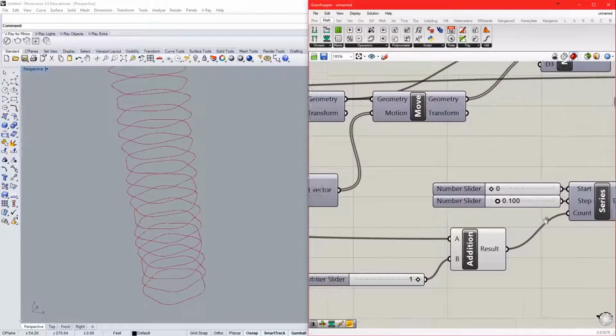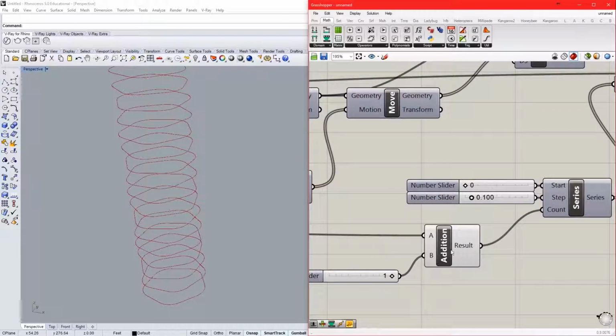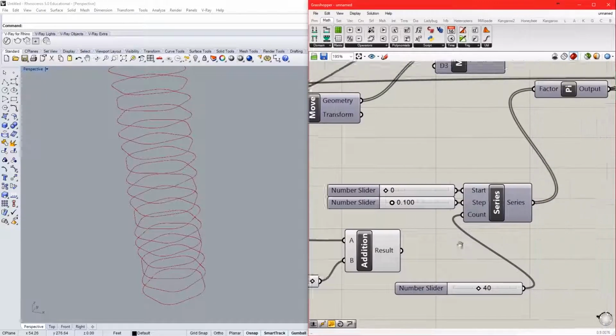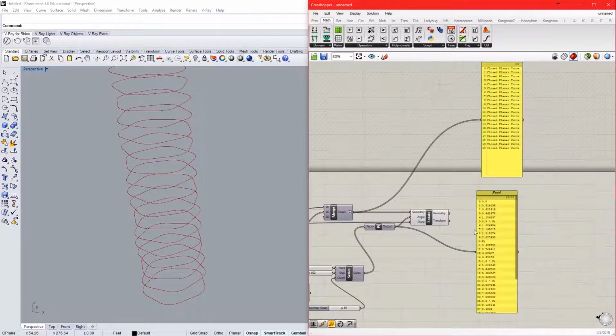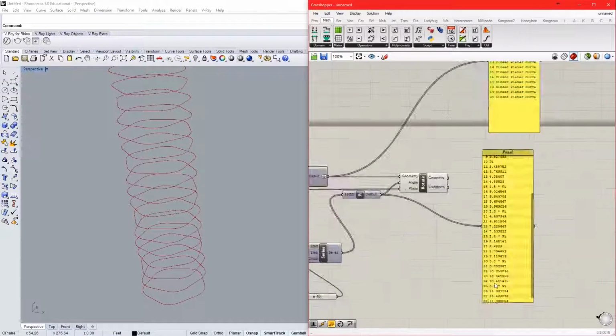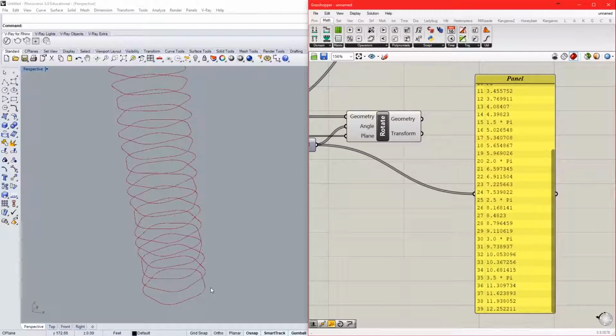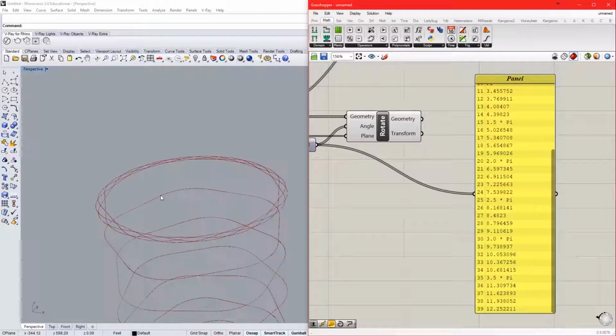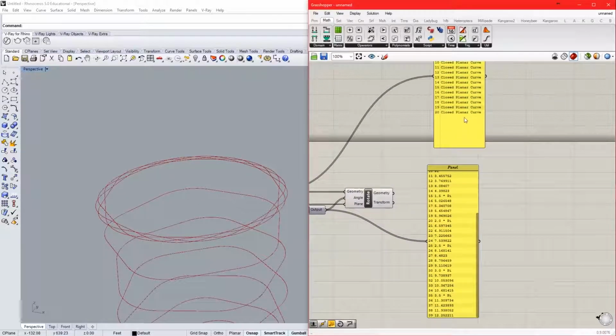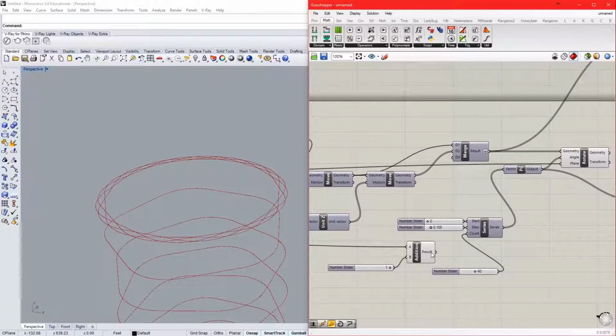What would happen if I didn't have this accounted for, right, that I have the right amount? If I put 40 on the rotation count, I have too many extra values here, right? I have almost double. So what's going to happen is on the last one, they're going to stack. It's going to say, okay, 20 with 20, and then, oh, there's 21, right? Oh, so just put 21 with 20, put 22 with 20, put 23 with 20, and so on. So it's stacking all these extra values on the last curve of this list, right? So that's why it's important to